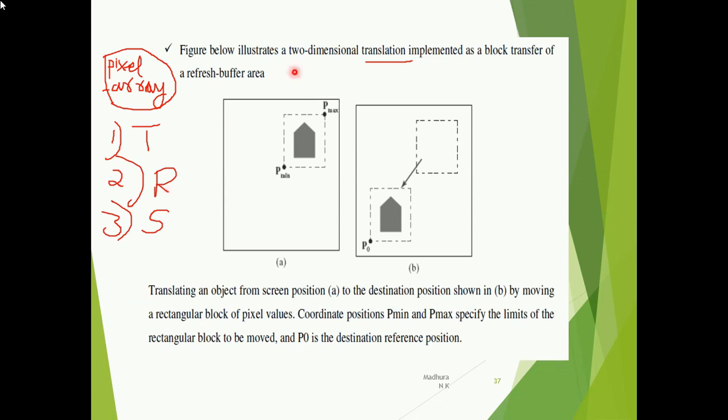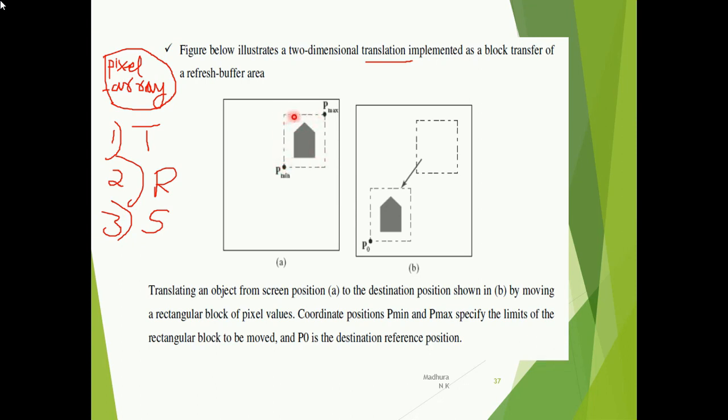See here, you have an object initially with a position. You have an object that is a pentagon, 1 2 3 4 5. Okay, pentagon you have, and you have a rectangular section. Like you are going to select an object, in the same way you have a rectangular section.